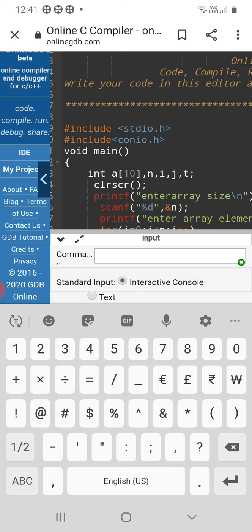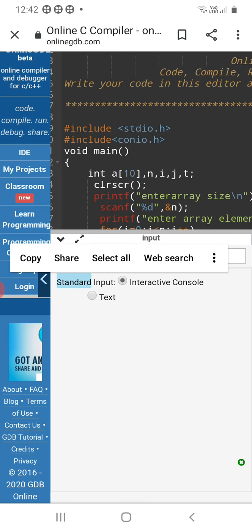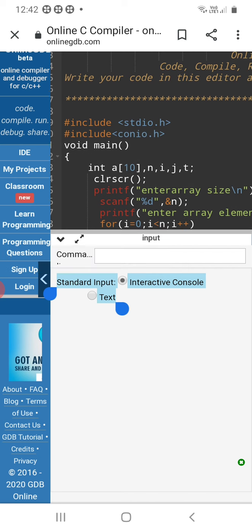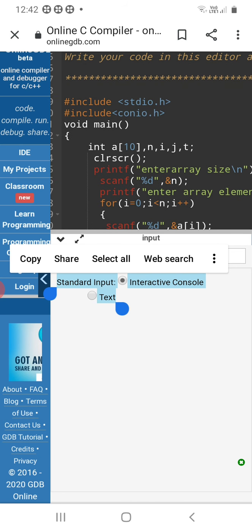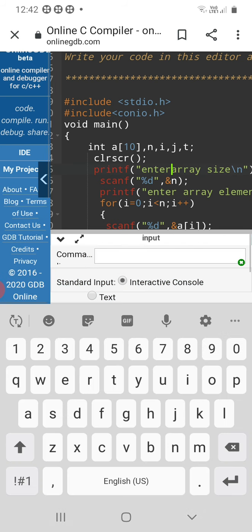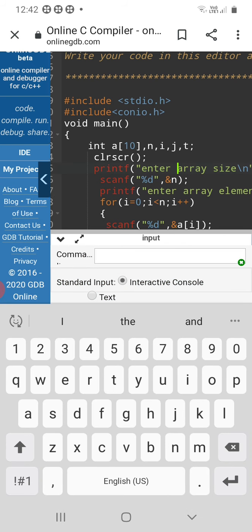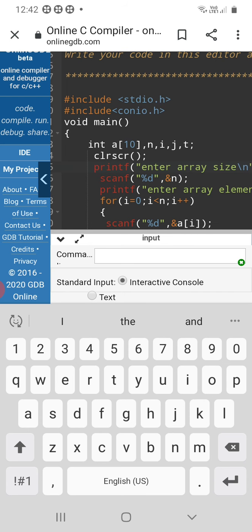So we have to check the overall program. Hash include stdio.h for preventing errors. Next, clear screen clears the previous output. printf, enter array size. I'm checking the overall program.